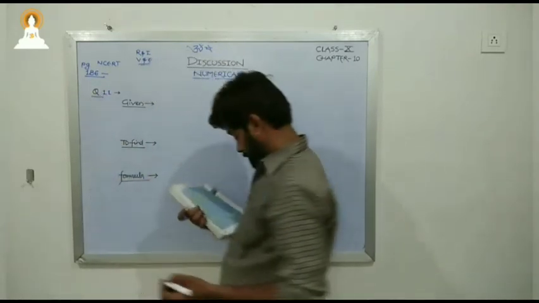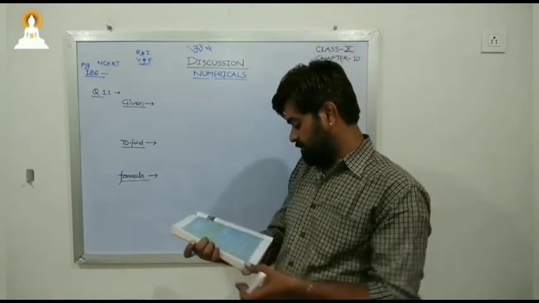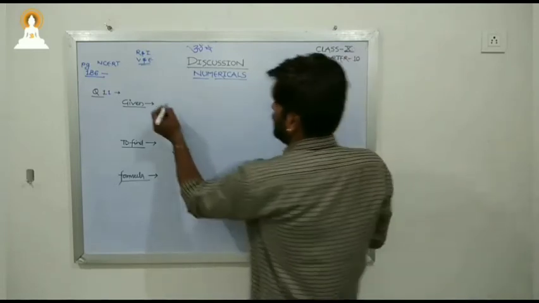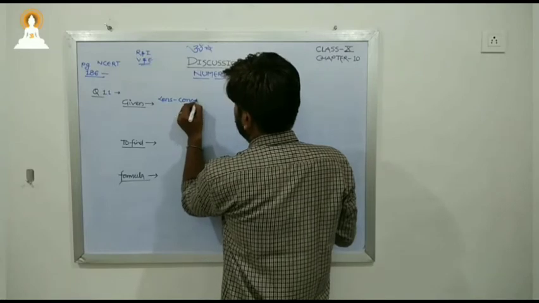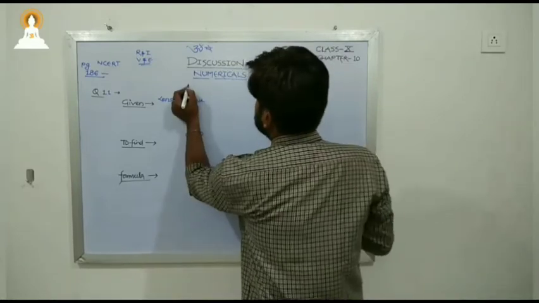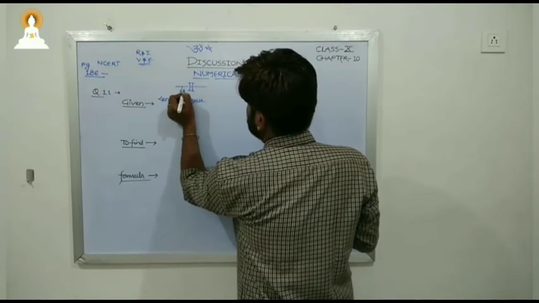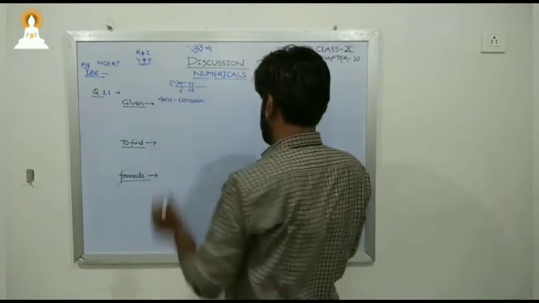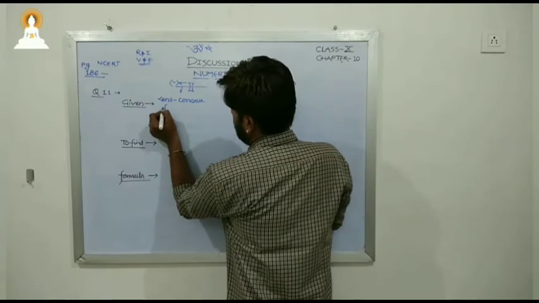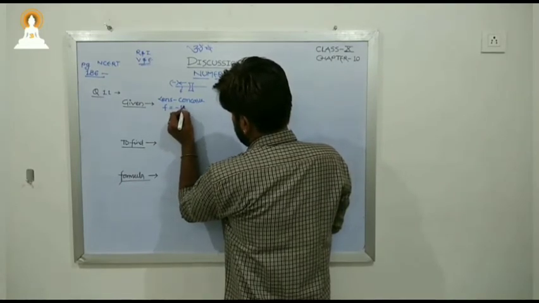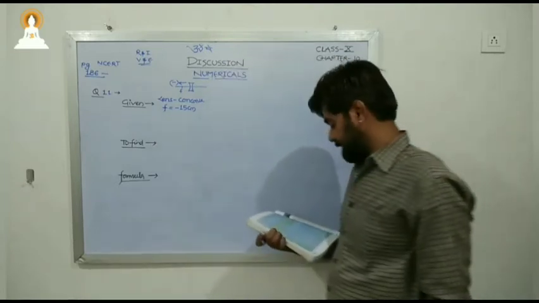In question number 11, they are asking a concave lens of focal length 15 cm forms an image 10 cm from the lens. Now lens is what? Again, lens is concave. Okay, now concave lens is like this. If concave lens is like this, then focus used to be in this side, and that is what? Negative focus. Okay, now they are asking, okay, lens of focal length 15 cm. So from here we may conclude that focal length will be minus 15 cm.